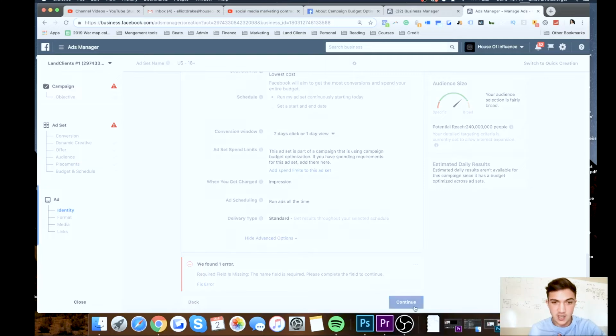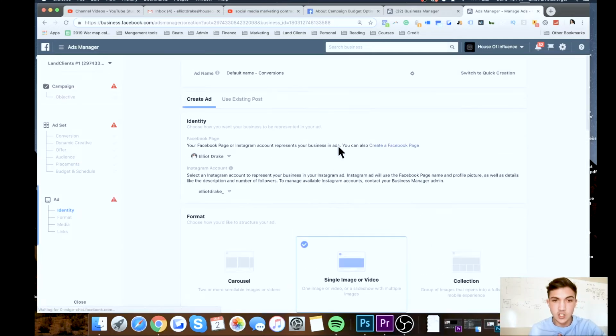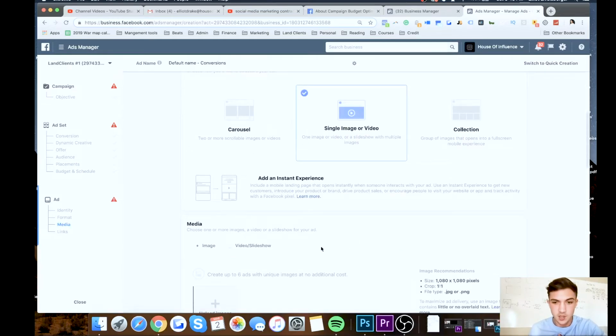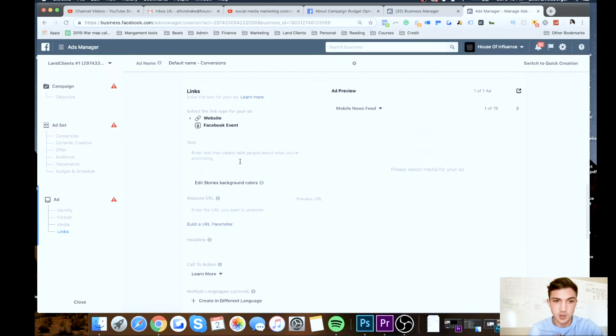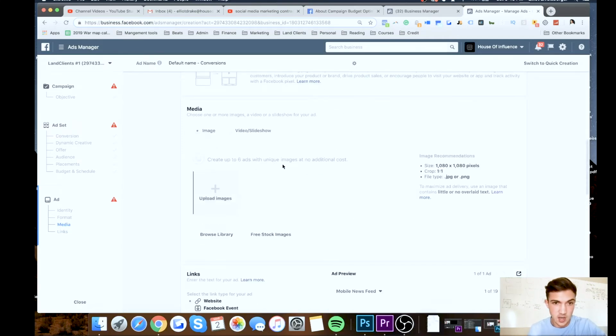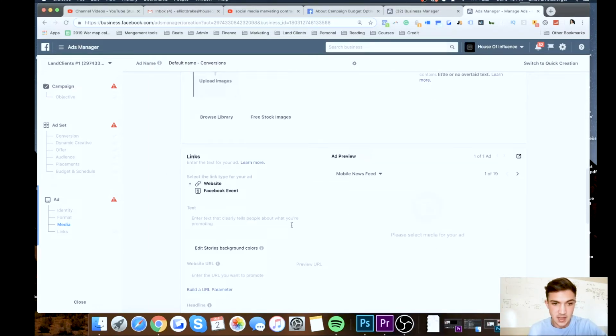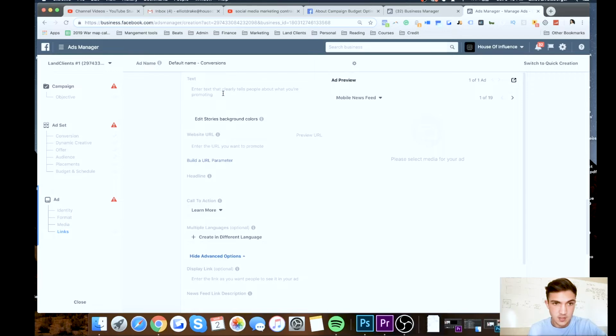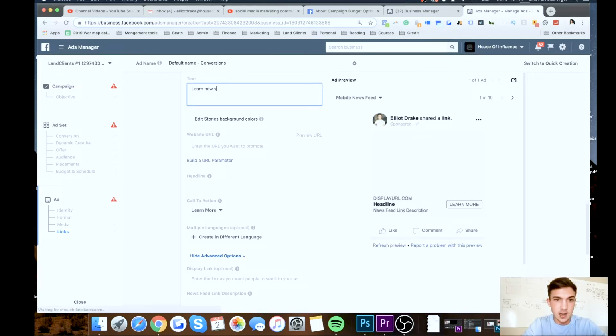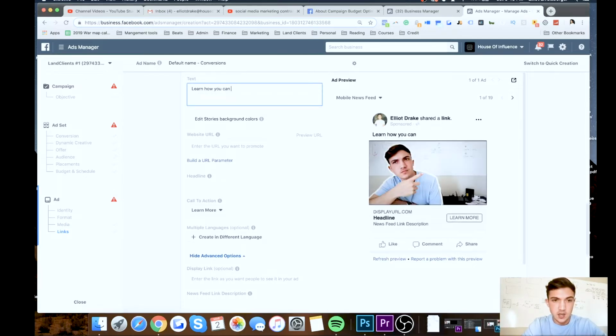So there's no budget at the ad set level, which you can still do right now, but starting September 19, they're erasing it. So let's just pick a quick little image here. Let's use that image, and then let's say, learn how you can get results with Facebook today, right?